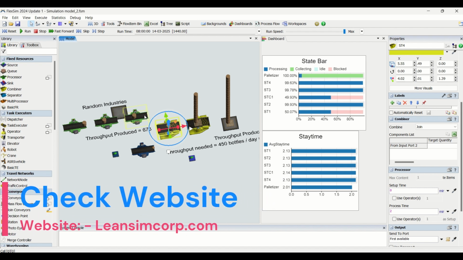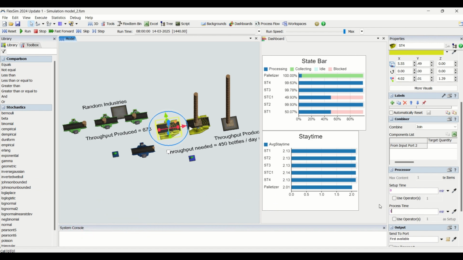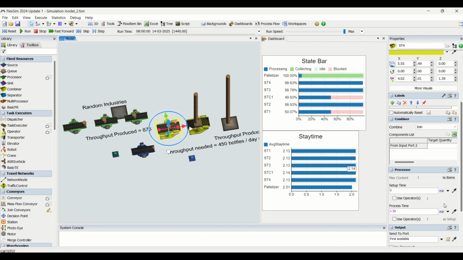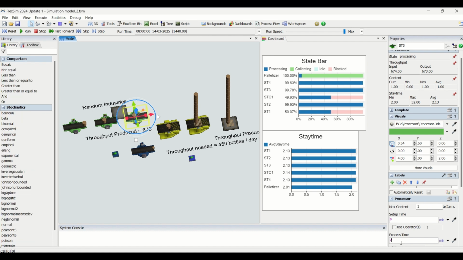Okay, so that will basically make this as 1.5. So what we will do, we will say that use 2 operators here on the ST4. Okay, and then you are supposed to use 2 operators in before also,